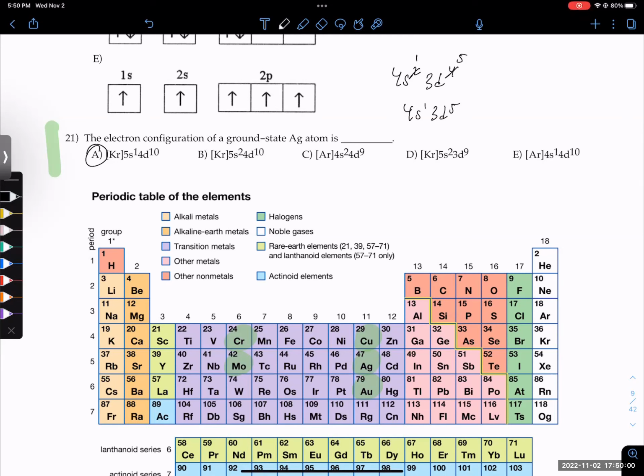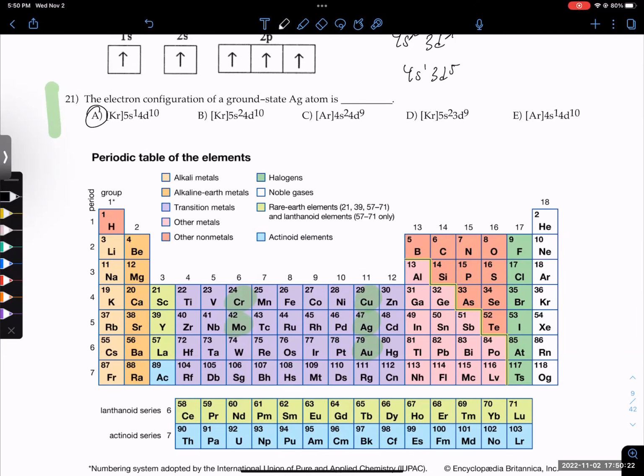Because remember, the maximum is 12. Outer electrons are always the highest. I thought it was 8. Wait, the maximum for valence electrons? No, it's 12. For the transition metals, the valence is the s plus the d. So think about it this way: how many outer electrons does silver have?